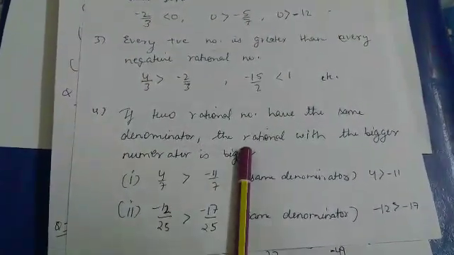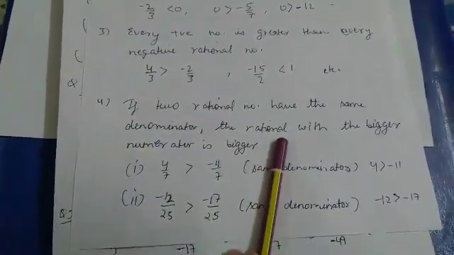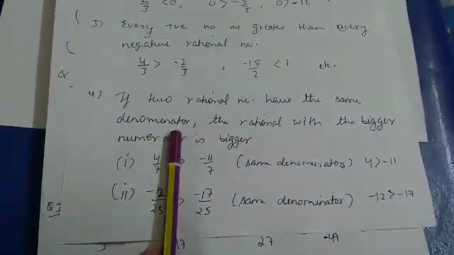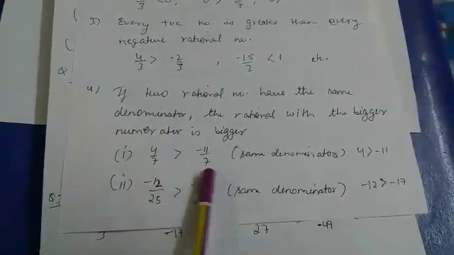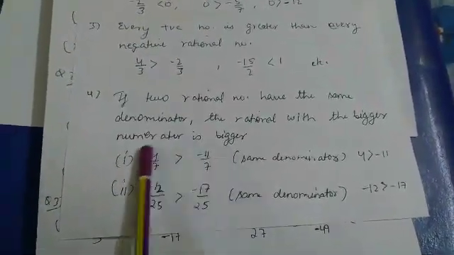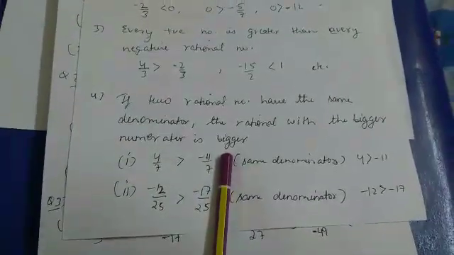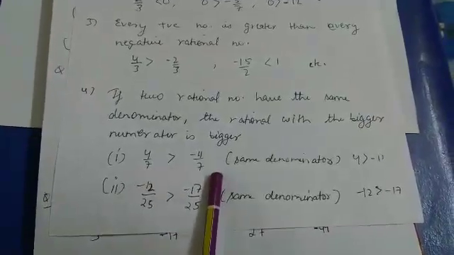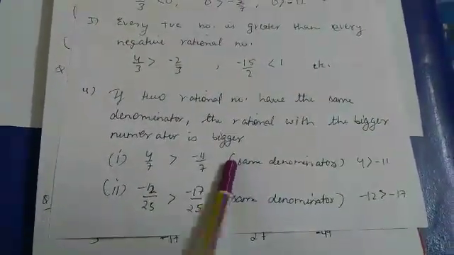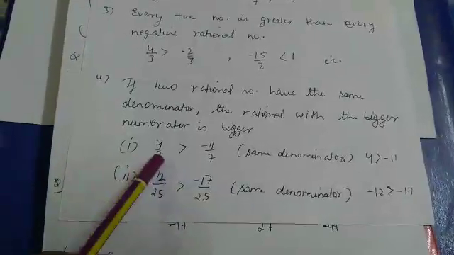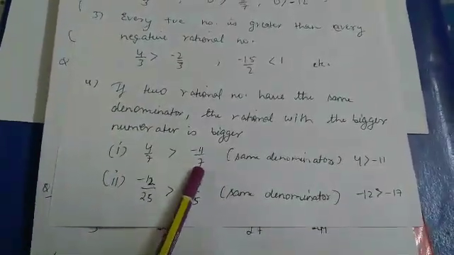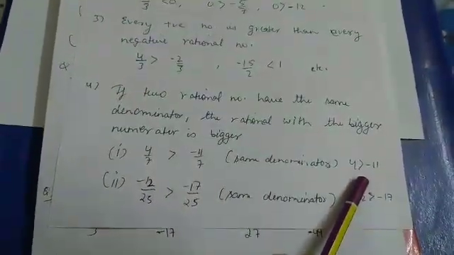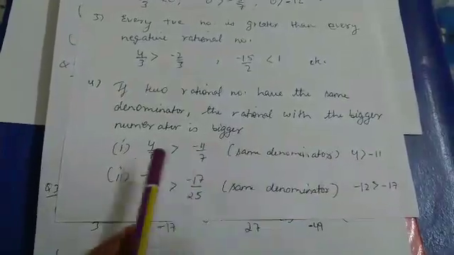If two rational numbers have the same denominator, it is just like fractions. If the two rational numbers have the same denominator, it means their denominators are same. Then we will compare their numerators. First we have to check whether their denominators are same or not. If the denominators are same, then we will compare the numerators. I have taken two examples here. 4/7 is there and -11/7 is there. Both are having the same denominator. Then we will compare their numerators. So 4 is greater than -11. It means 4/7 is greater than